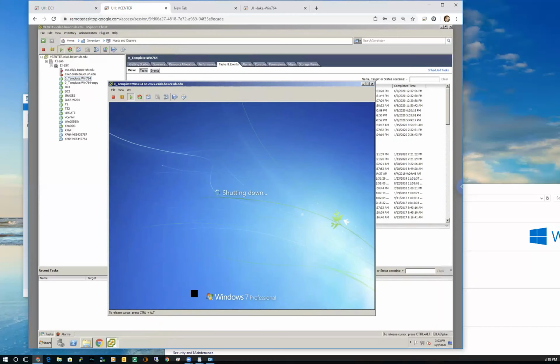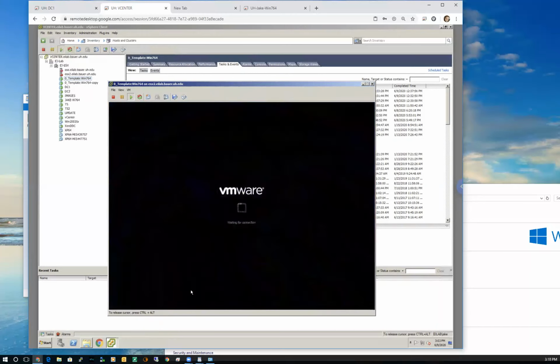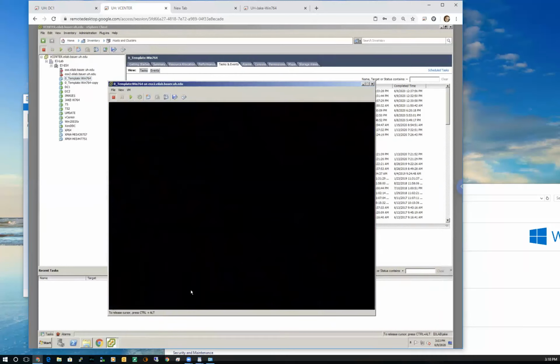Has anybody ever lost power to a laptop or a computer they were using? Power went out or your battery died, and you go to turn it back on and it doesn't work properly anymore, doesn't boot anymore? It's because it did not shut down cleanly, or it comes up with a blue screen. It goes, there's a problem with your computer. I don't know if that happens with Macs. Does that happen with Macs too?